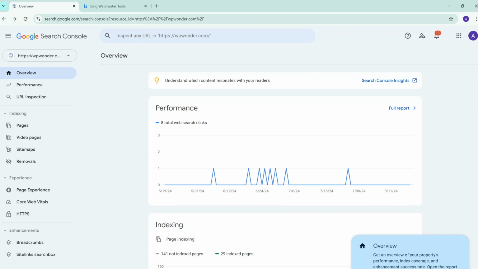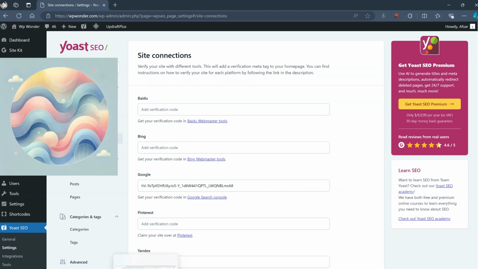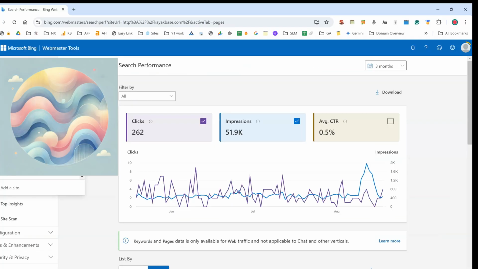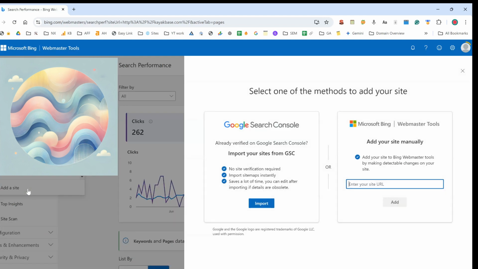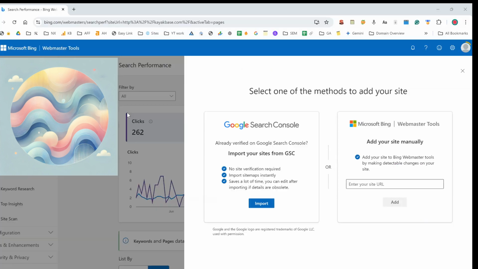Okay. Now we want to add the Bing code too. Okay. Now we have to add it here at the site. You can either import from your Search Console or add it manually. We'll just do it manually. First, we have to select the URL again. We'll have to click add,